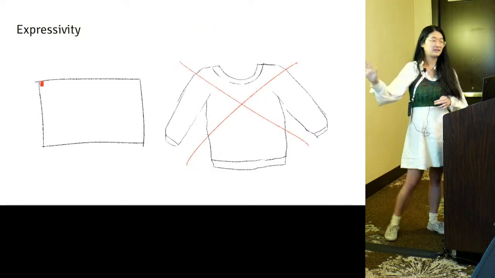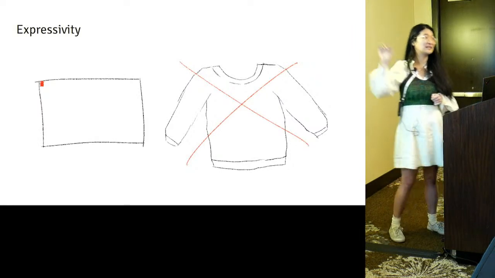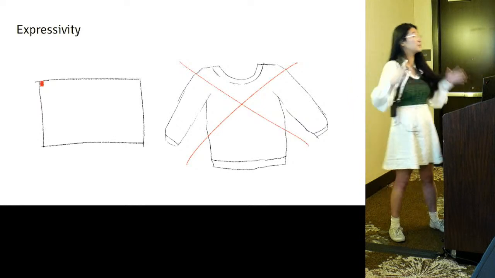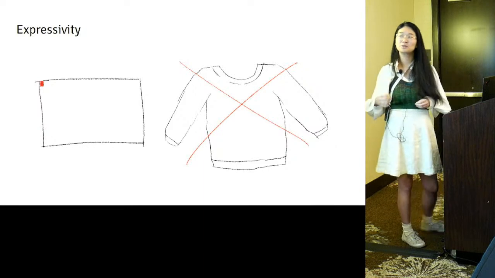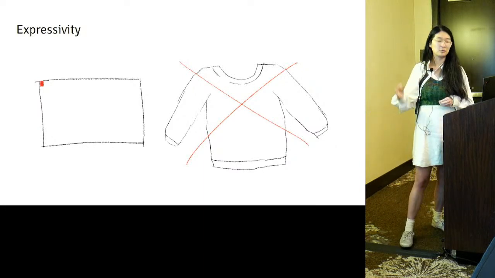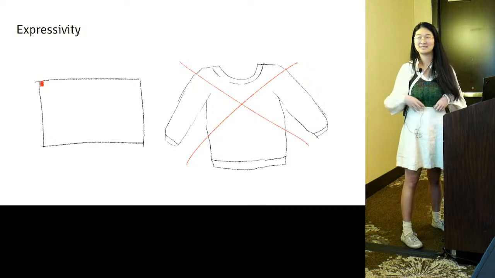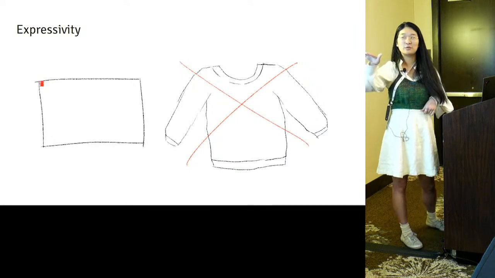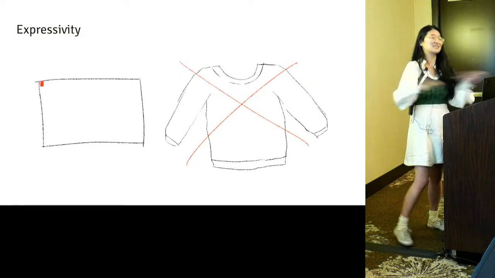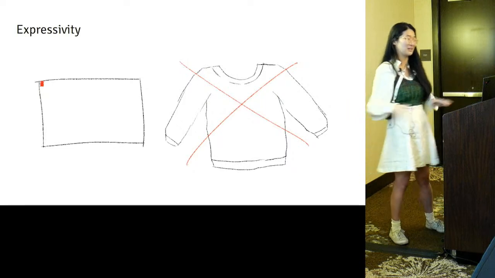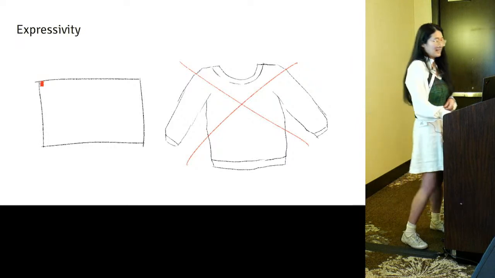Our second criterion is expressivity. Let's say, for these couple of slides, that we've got drawings with red markings on them. Let's say that those denote the visual encoding of our fabrication plan. Expressivity is all about allowing people to make the things they actually want. We want a wide variety of knit objects to be expressible, and we don't want to necessitate certain designs. So if we have a world where when you see a red instruction, that means knit a 10 by 20 inch rectangle, that's great for the world where we only want to knit 10 by 20 inch rectangles. But you can imagine people probably want to knit other stuff too, like sweaters.